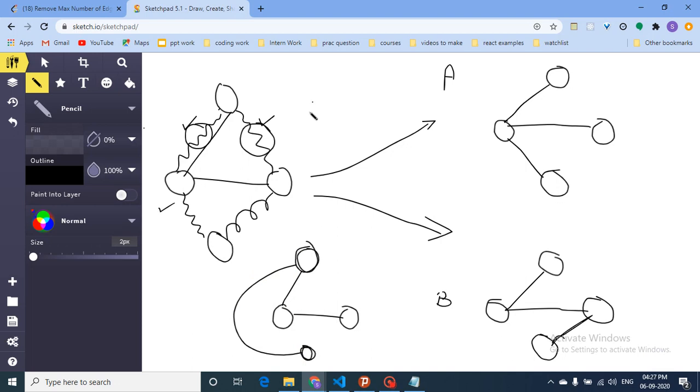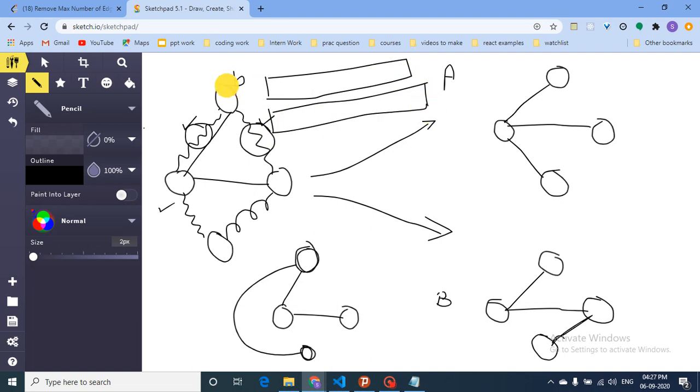So there are 3 functions: find, in which if you are given some node, you will find out the parent. So how can you find out the parent? You will initialize 2 arrays. One array is for the parent, and the other array is for the size of that component. Initially every node is different, every node is singular.